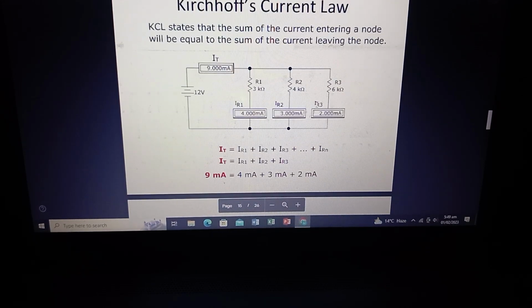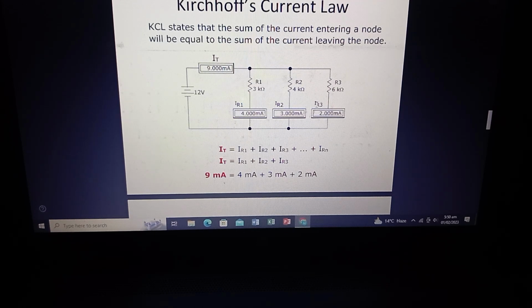Next we have the topic named Kirchhoff's current law. In short form, we write this as KCL. KCL states that the sum of current entering a node will be equal to the sum of current leaving the node. As in the circuit, we see we have a circuit having a 12 volt source and